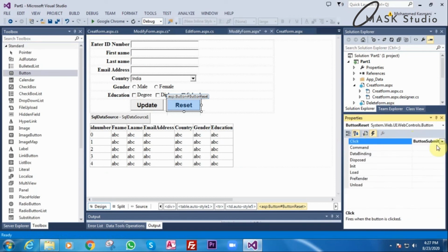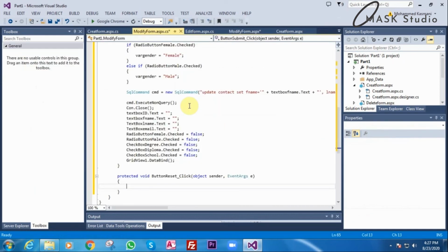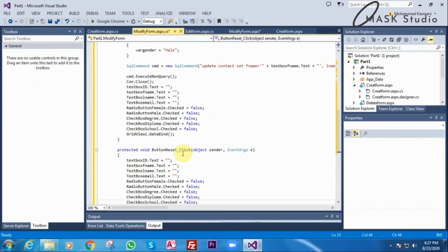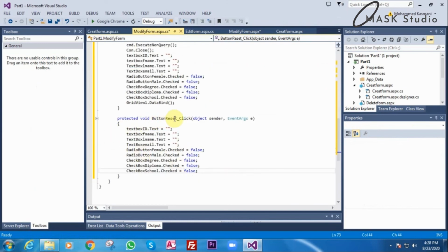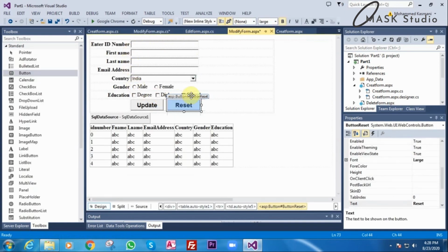In the events I must clear this first. In the events, okay, remember this is the events. On click it was written there, this one. We don't want anything else, we want it empty, so that we can create a new one for reset. Double click reset and I paste it here. So when I click the reset button, it will execute this procedure, and with the help of this procedure all these text boxes will be cleared, even the checkbox and male and gender.